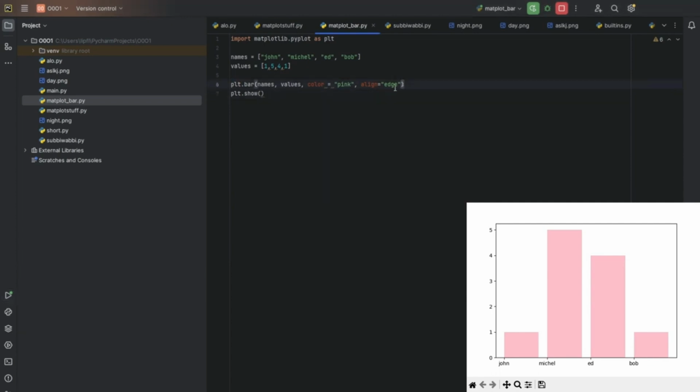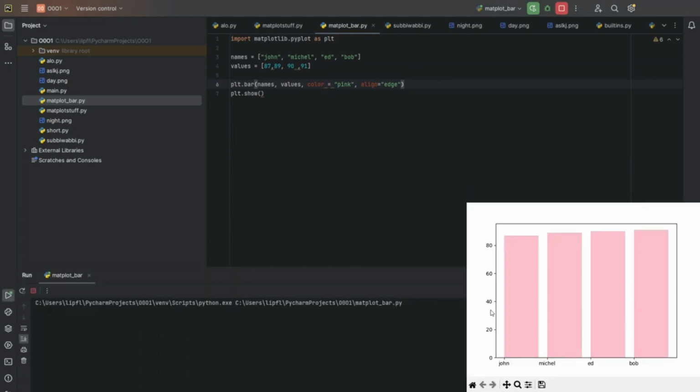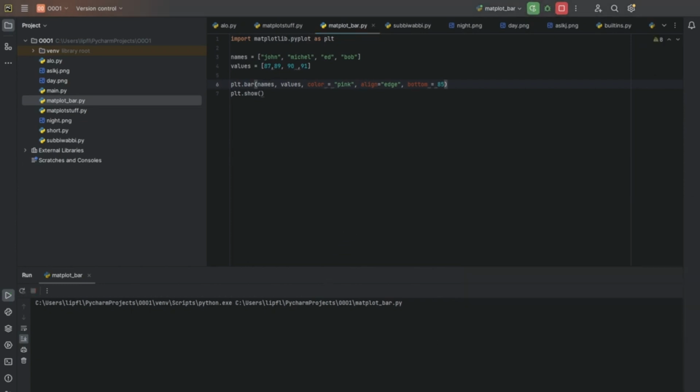Okay, one last thing. Let's do an example. For example, we have values like 87, 89, 90 and 91. The difference between these bars is pretty low, but we still want to show the difference more clearly. We can say bottom equals 85, and now,